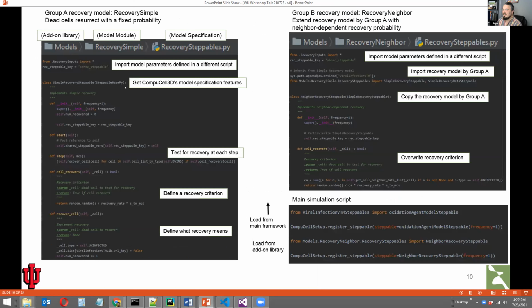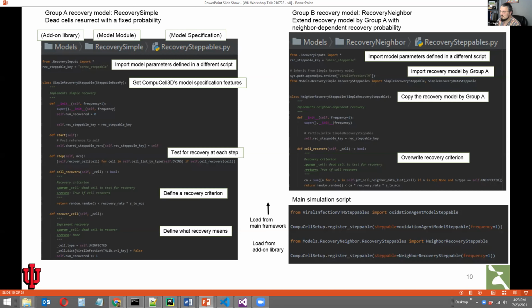The Python classes in which users implement models in CompuCell are called steppables. We call them steppables because CompuCell will take the steppable that's been implemented by a user and inject it into the CompuCell core along with everything else and step it. Every simulation step, a function on this steppable class called step is called, hence steppable.